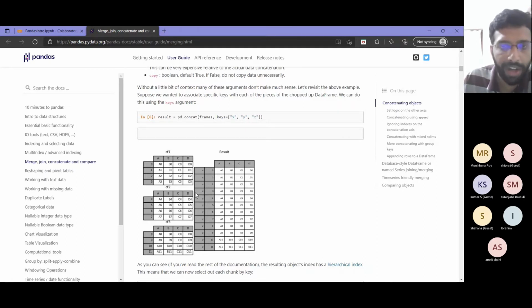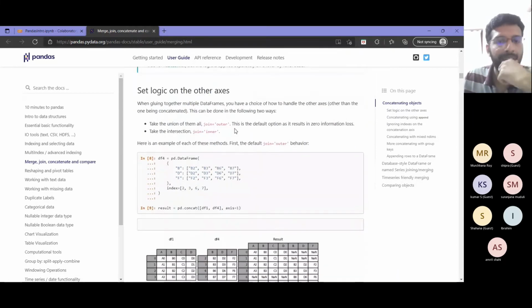If I want to add that information into my concatenation, I can pass what is called keys. If you see, I will have an index corresponding to my original index. In addition, data frame 1 has an additional entry X, data frame 2 has Y, and data frame 3 has Z. I can use this when I am clubbing multiple data frames but want to know where each row actually came from.